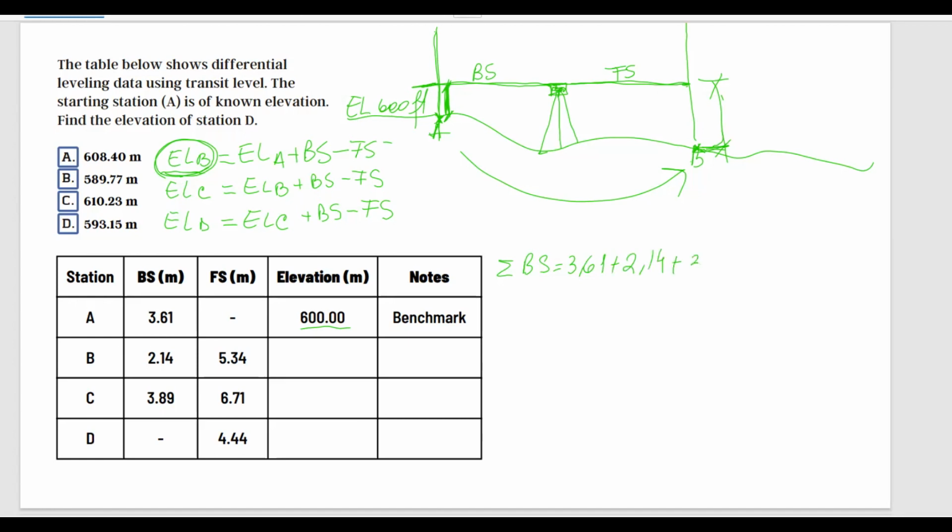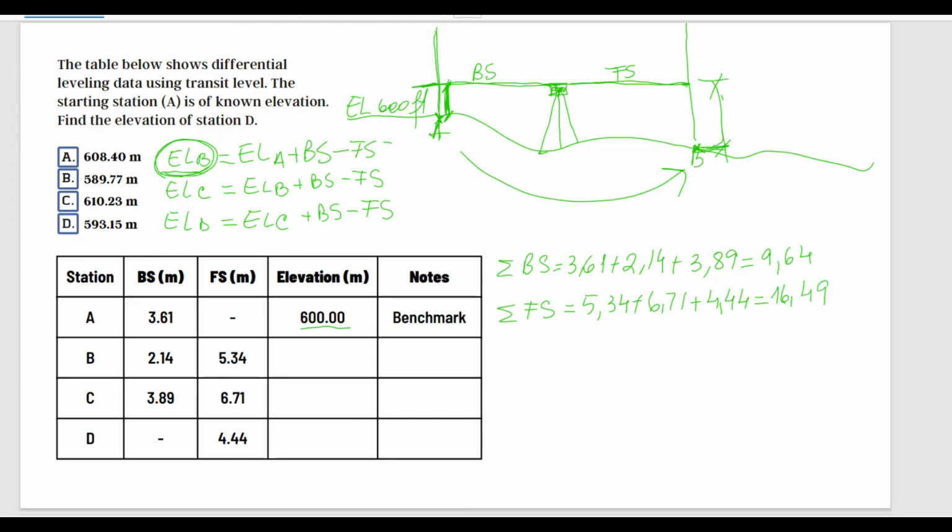214 plus 389 equals 964. And then we're also going to do the sum of foresight distances equals 534 plus 671 plus 444. And this is going to give you a value of